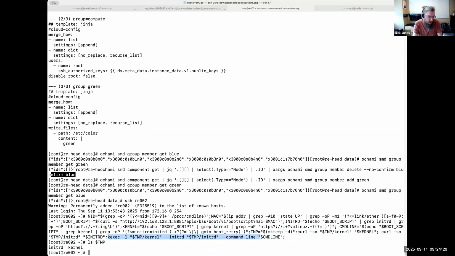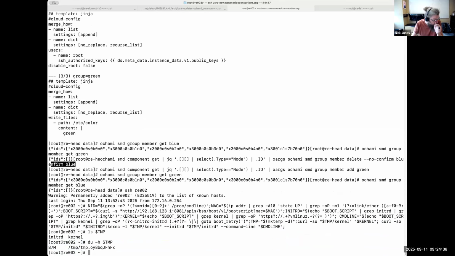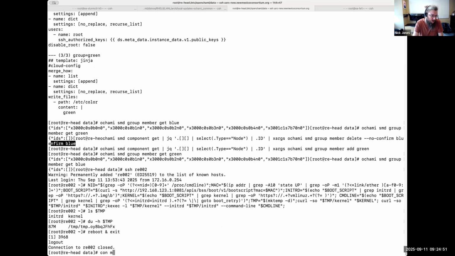Downside, I've now eaten however much data temp is into RAM. So 87 megs, not too bad. But I have changed system state in the sense that I've eaten a little bit of RAM. And then doing a kexec changes your reboot target. So I will type this quick because I don't want